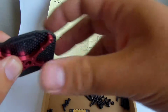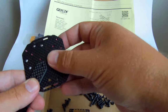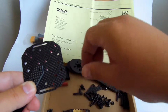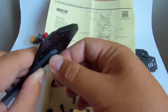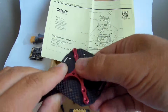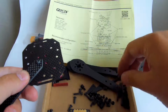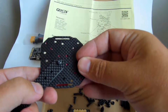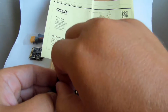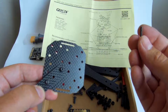We can quite easily put it together, just have to check which screws to put where. So in the middle we have 10mm screws, it has to fit against the hole, of course. Then we have another 10mm screw on the outermost hole, and in the middle hole there is a 16mm, I believe,